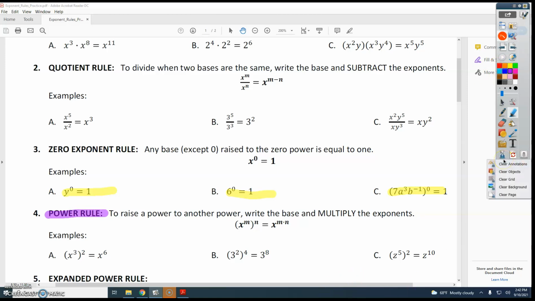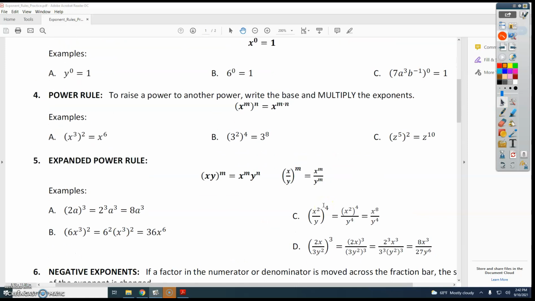Okay, moving down to our second to last rule after I clear this out. We have the expanded power rule. A little bit different, but we're basically breaking it down. We're not going to do a ton with this, but you will as you get up, especially next year in 9th grade. But the best way to explain this is just to talk about an example. So if we look at A,